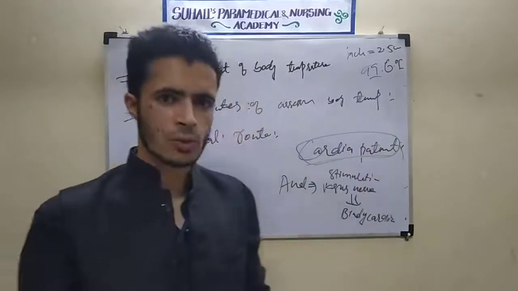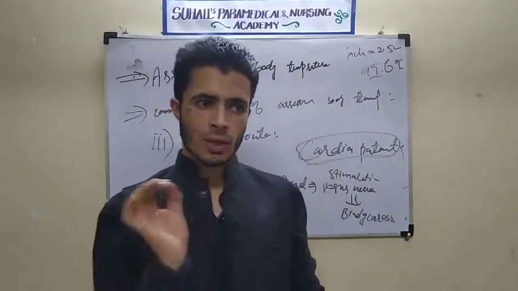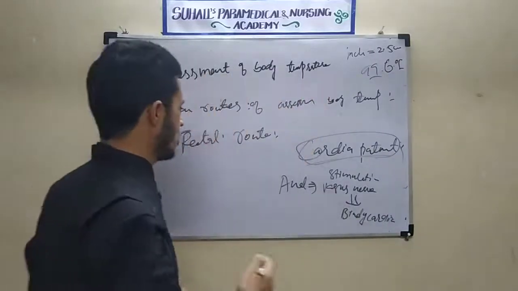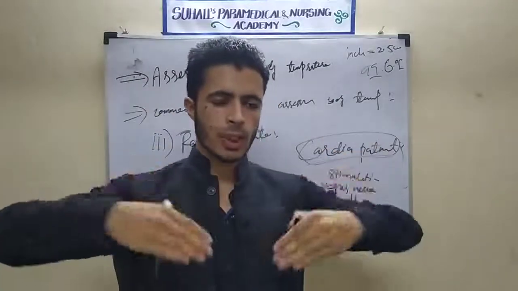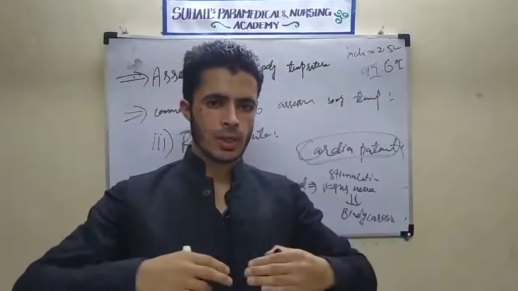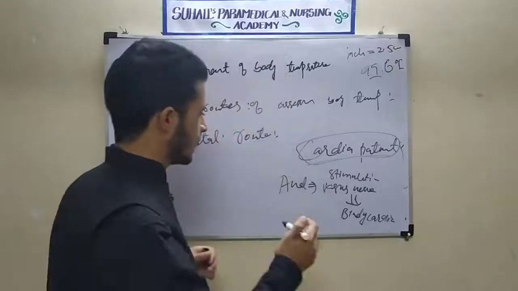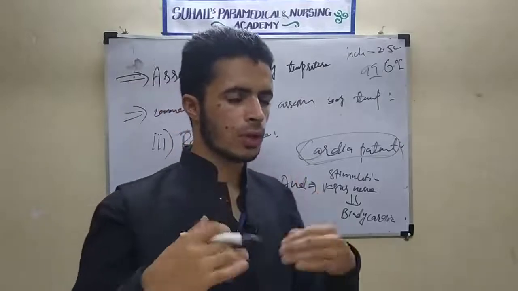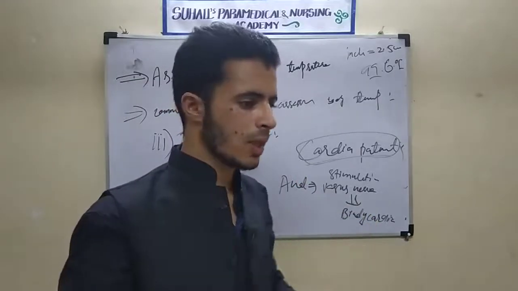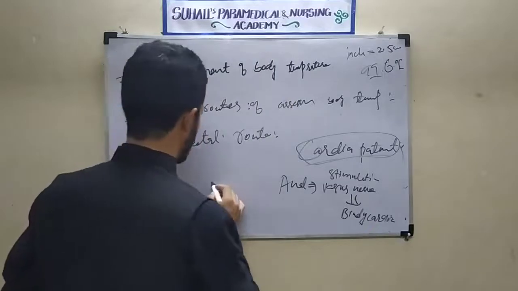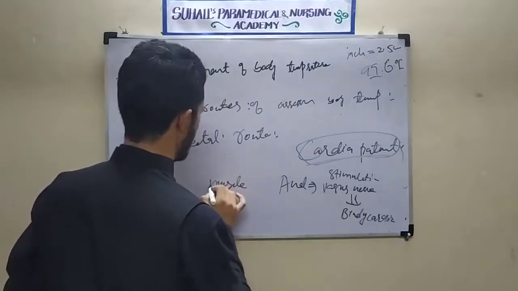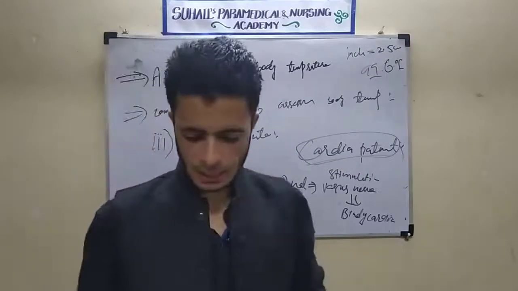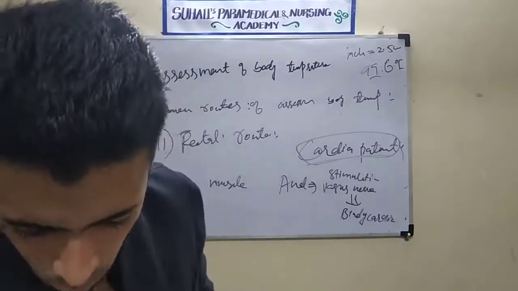And before inserting also, we should use one more trick. When we are inserting the thermometer in the rectal region, we should ask the patient to take a long breath, then hold, then release. Why? When he takes a deep breath, holds, then releases, the muscles in the anal region will be relaxed, so we can take this rectal temperature easily. I think I told everything here.